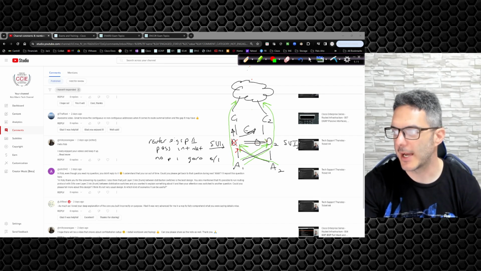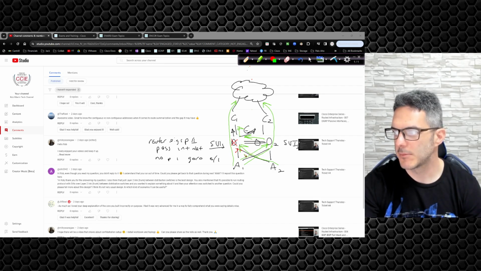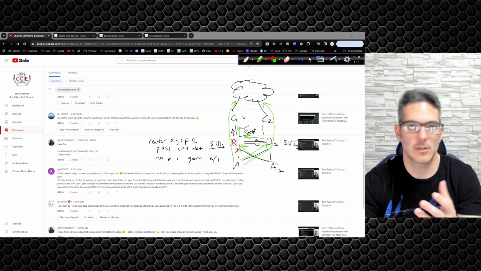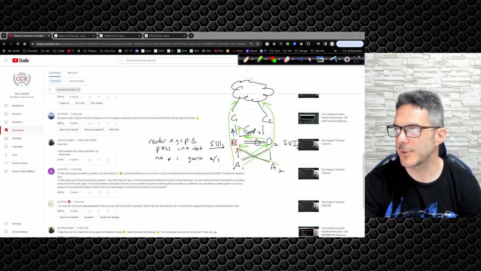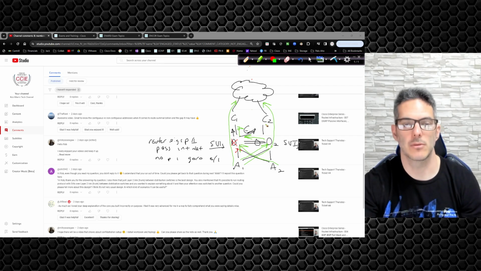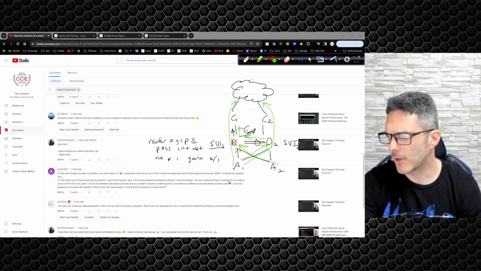EIGRP is still enabled, and distribution 2 has a default route via distribution 1 to get out to the internet. But Rob, why would it flow over this way to go up there? Because that's the routing design. That's an example of one. Now, do you have to go that way? You don't, no. There might be some reason why you're going via distribution 1 and core 1 versus distribution 2 and core 2. I'm just giving you some hypotheticals here. But I think this is not a very usual design.